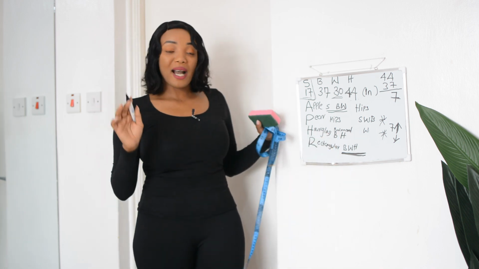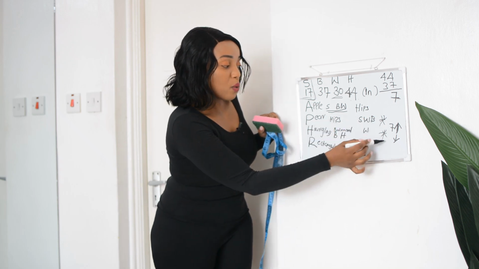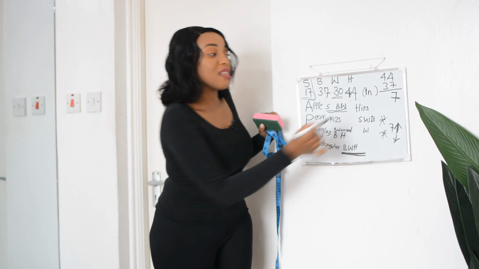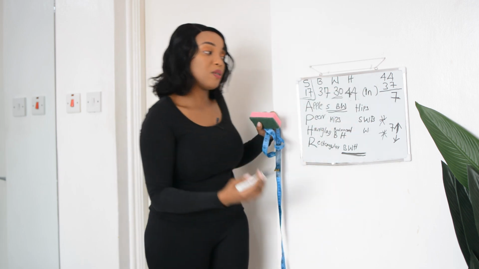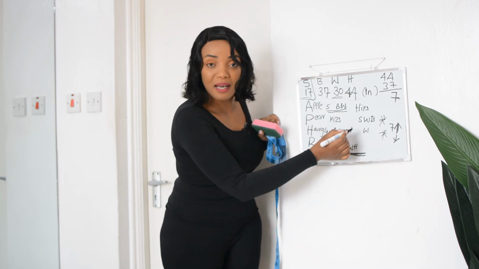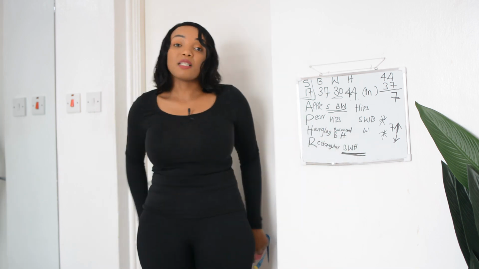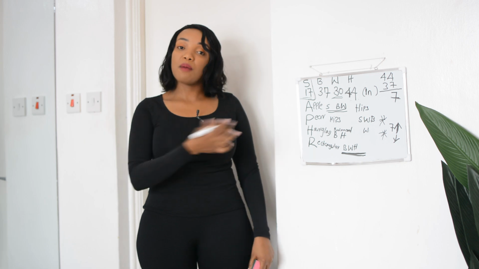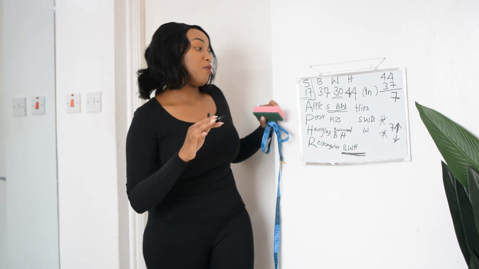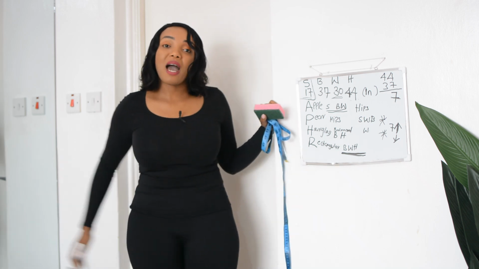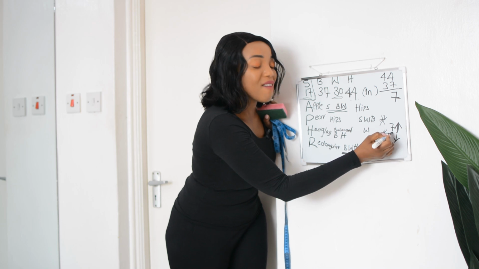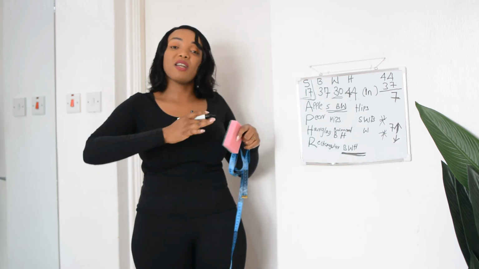Now, we can safely say this is what we were looking at when it comes to me. This is what we were comparing with, and the fact that the difference between my bust and my hips area is 7, then I automatically fall under a pear, meaning that my hips are the largest area when it comes to my body type. So if it's a pear, it means their hips will always be the largest part, and it will always be 7 inches and above.